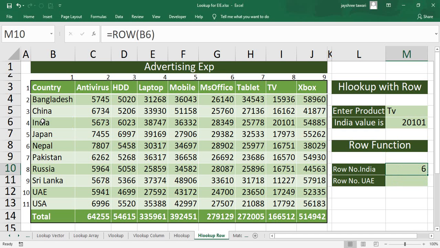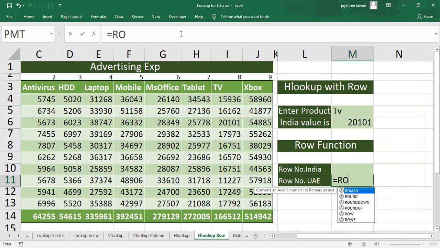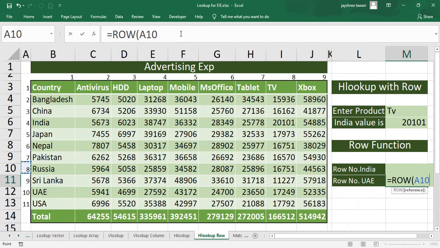Again I have explained the logic. These row numbers are going to start with the first row, whereas in this scenario my data is arranged from the third row. So what I'll have to do? I'll have to say row of that minus 2. Perfect. Or again, if I want to find out the row of Japan, I can say row of Japan. But again for Japan, after closing my bracket, I'm going to get the answer over here as 7, because the row number for Japan is 7, whereas actually my row number is 5 because the data is arranged from the third row. So I'll be saying minus 2.